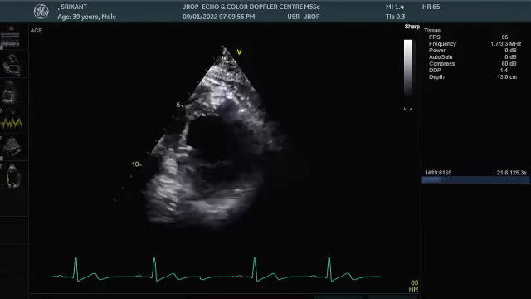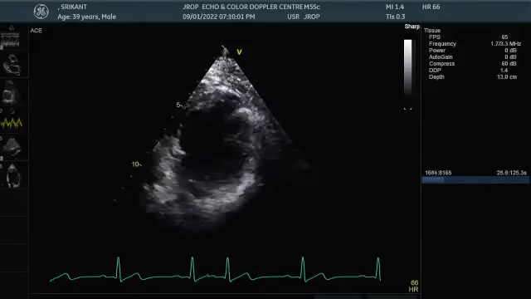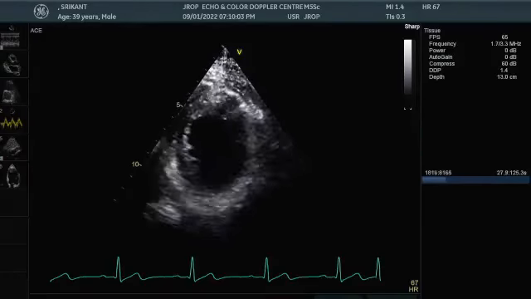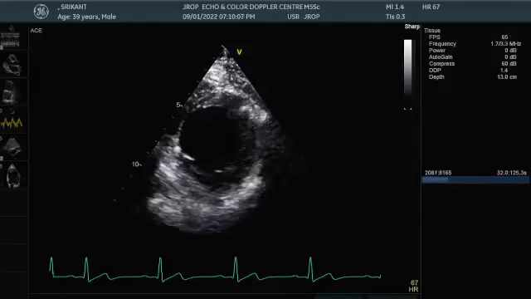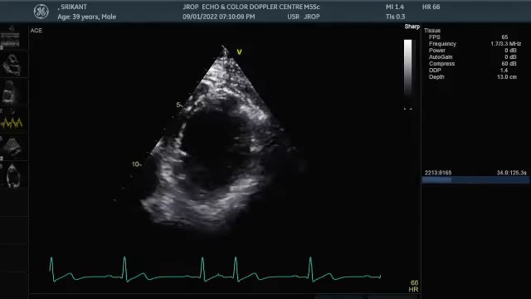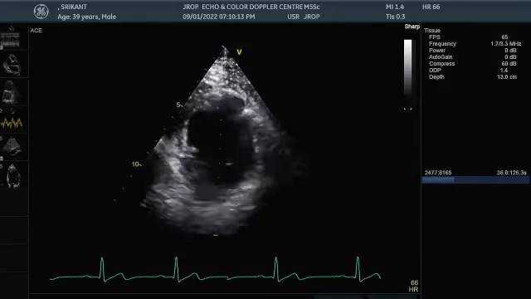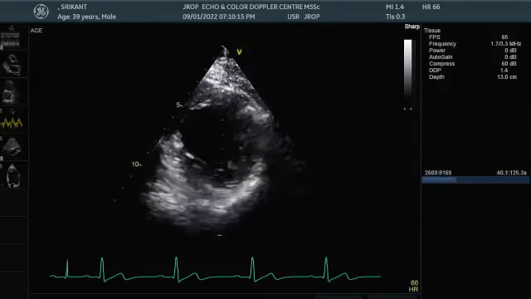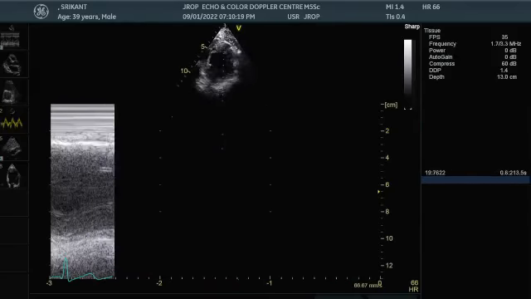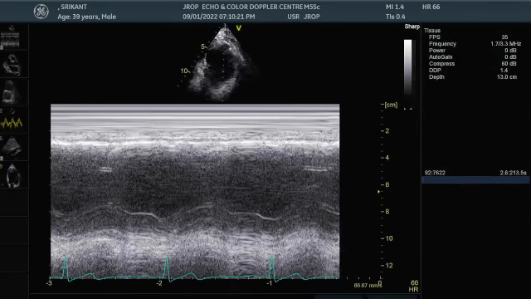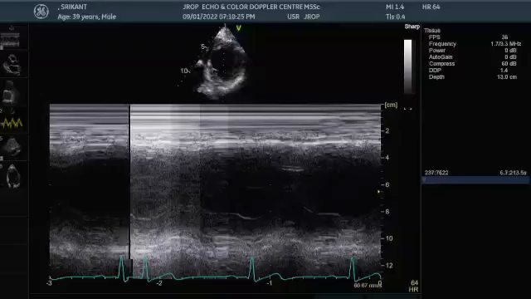I'm telling you, it's a very controversial part. Now you are talking of 11. Some people take 10 as normal, some take 12 as normal. What we utilize is 15 or more. Because 10 and 12 is almost normal. Everybody has got more than 12 millimeters. So what we do, we go to the parasternal short axis view at papillary muscles. I'm expanding this horizon for a reason, because whatever question you ask me, I have to give you a correct answer.